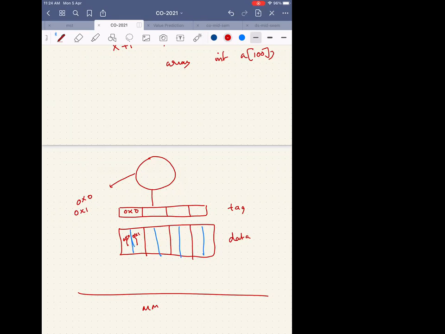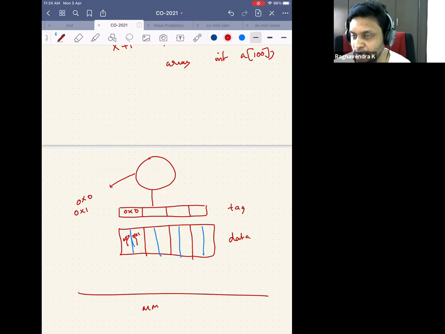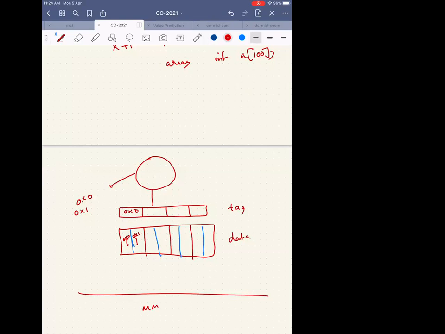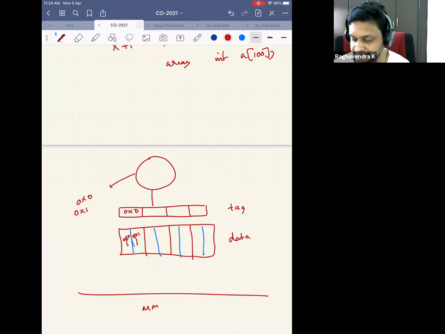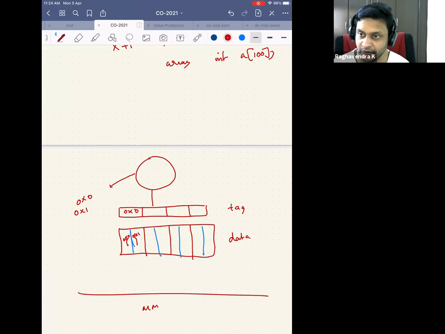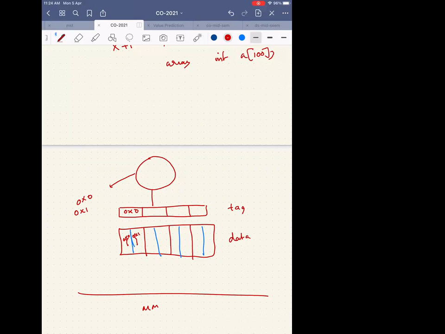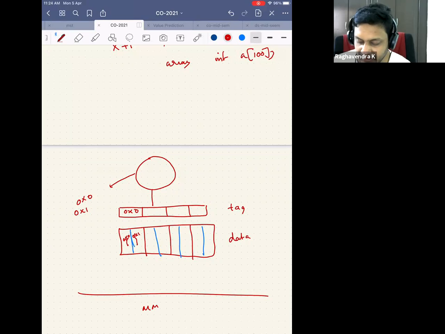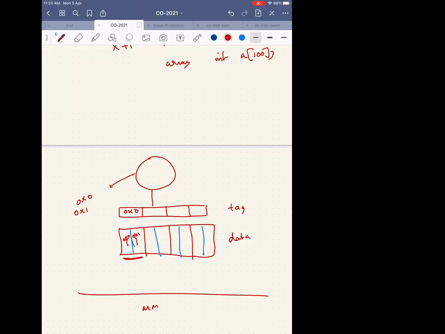So you can have a rule that you only store multiples of 4 or something. Excellent, but how do I then? When you're accessing from the main memory, if you're accessing 0x1, instead of 0x1, you fetch from 0x0 and 0x1. And in the tag, you always store a multiple of 4 or 2 or whatever you decide. Should it be multiple of 4 or multiple of 2? So how many bytes are you storing in a location? Depends on that. We already said that we want to fetch 2 bytes, so here it should be multiple of 2, because we are taking out 2 bytes at a time.